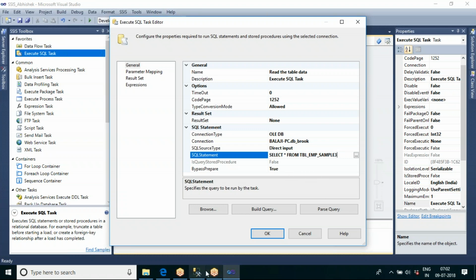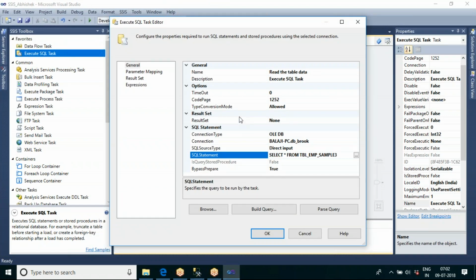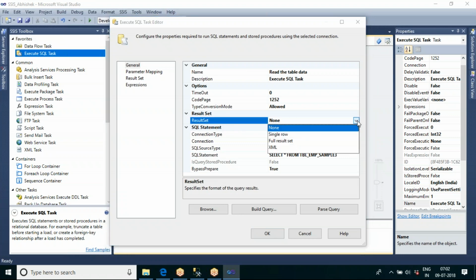So now when you execute this query, how many rows are getting resulted? Only one record, no? So here we are getting the result set. We have an option called result set. Since we are getting only the single record, we have to specify that the result set contains a single row.